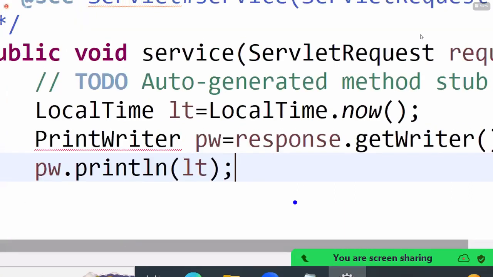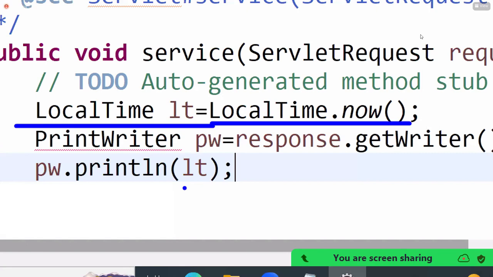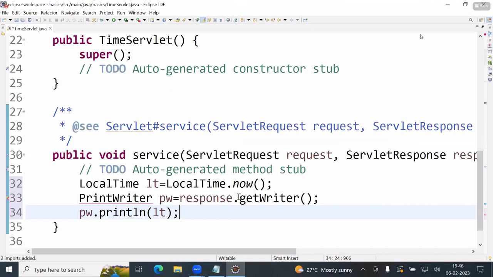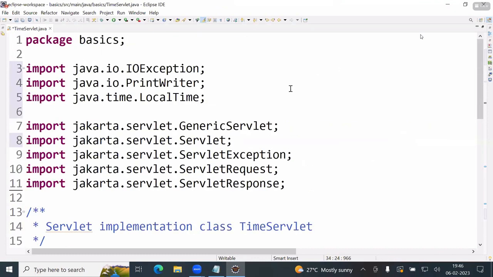Now LocalTime.now(). now is a static method. In which class? LocalTime class. LocalTime.now(), then you will get the local time. Here implicitly which method is called? The toString method. With that the system time is printed. Okay. Now PrintWriter, with that PrintWriter it is passed. It's over. Now see, now if I run this program,